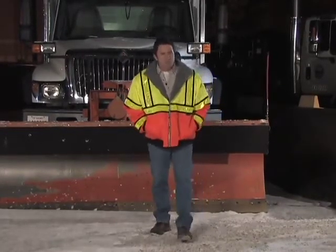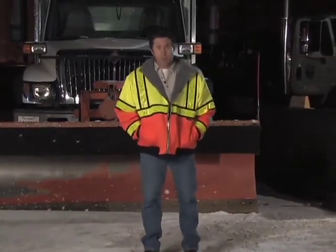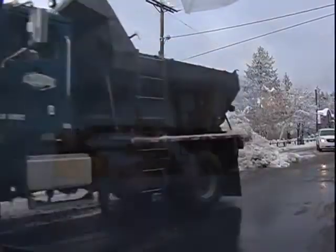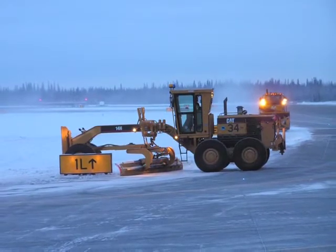No matter how much experience you have, plowing with safety in mind will not only help you arrive home safely, but will also protect your vehicle and community from damage. Beyond your personal safety, knowing how to minimize hazards is important, and most of it starts with understanding the pre-trip inspection. So we'll cover what to look for, why you're looking for it, and what you should do if you